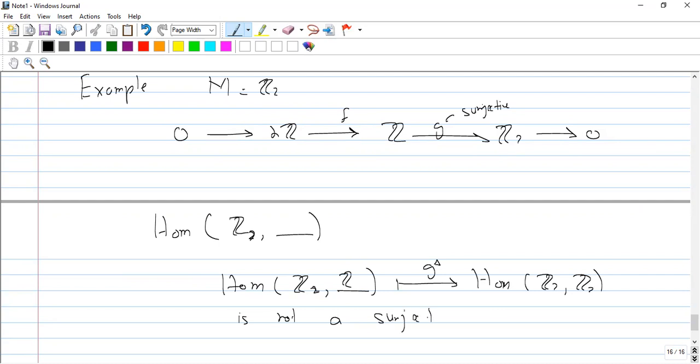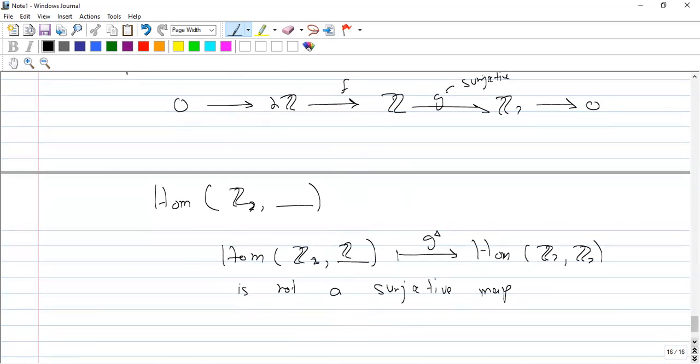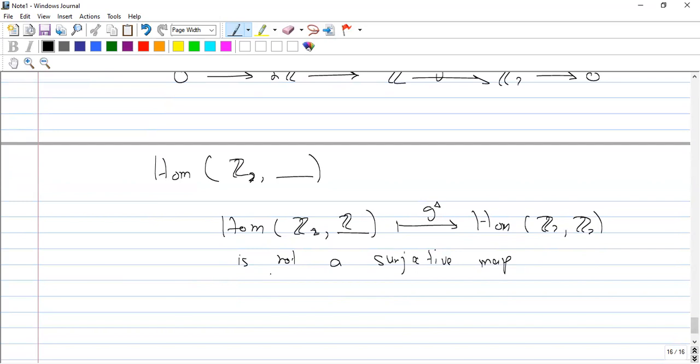Our surjective map, which shows that this M, equal to Z2, is not a projective Z module,